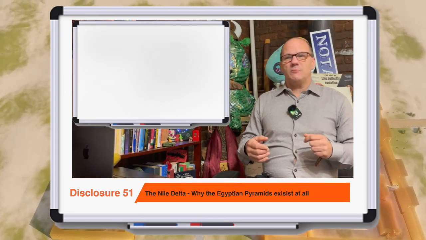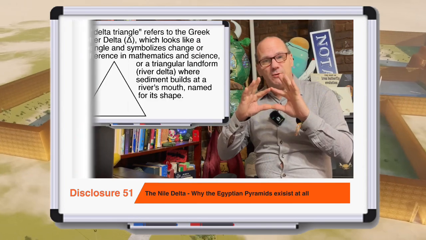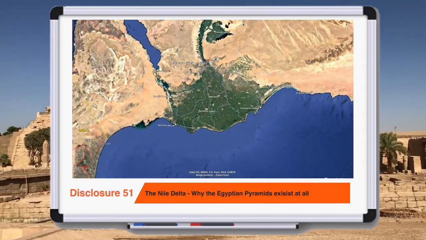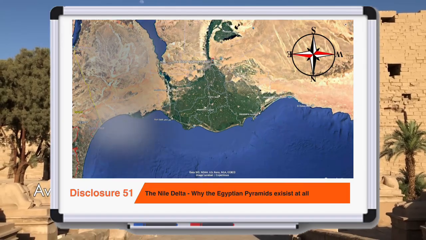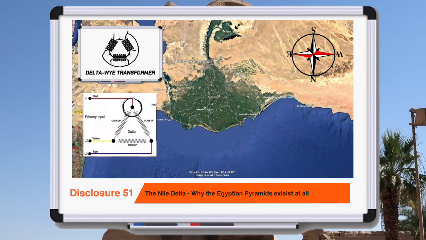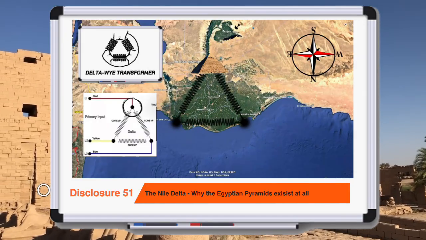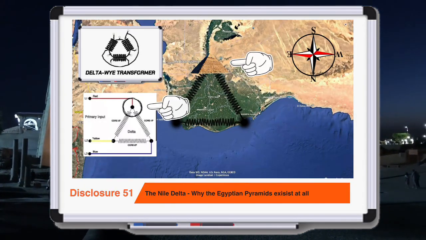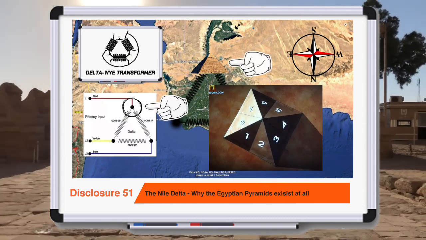Now, when we call it the Nile Delta, we should take that quite literally, that it is a delta as in a triangle. And to get there, we need to turn the entire map upside down so that we are looking at the delta of the Nile in its proper context. Now, anytime you look at a delta Y across the planet, you're always going to have a primary node to the delta. And that primary node is the Great Pyramid structure. It is the Great Pyramid, which itself, as you may know, I'm sure, has on it 8 delta structures.